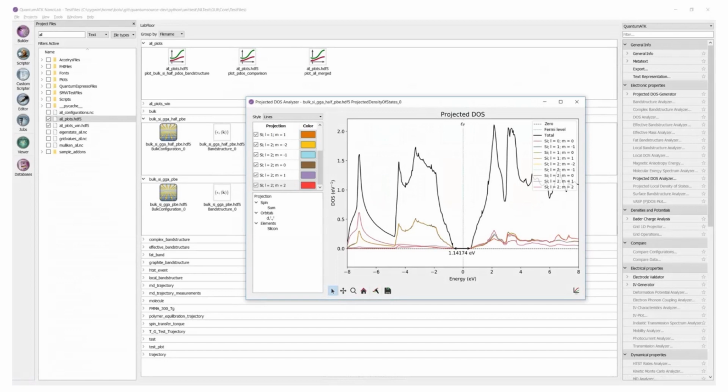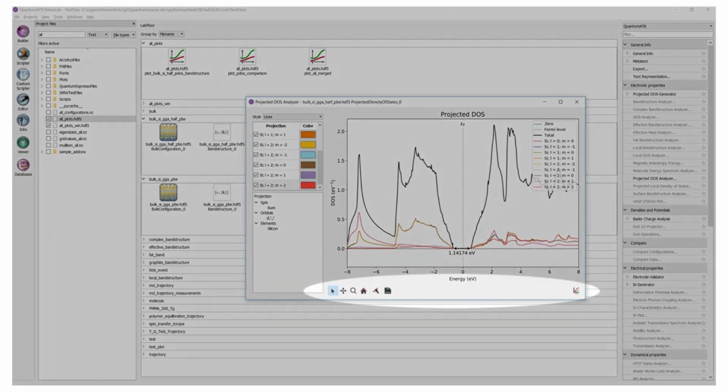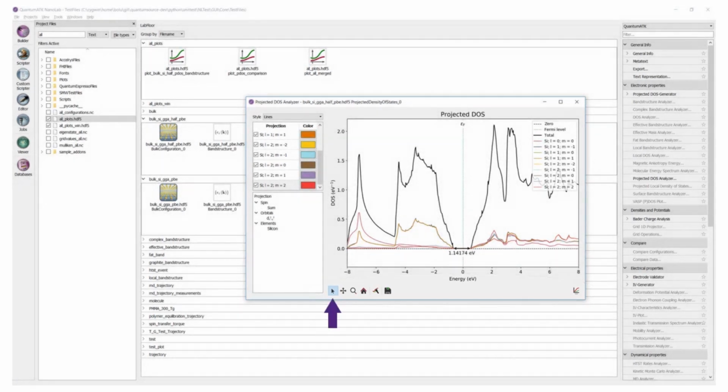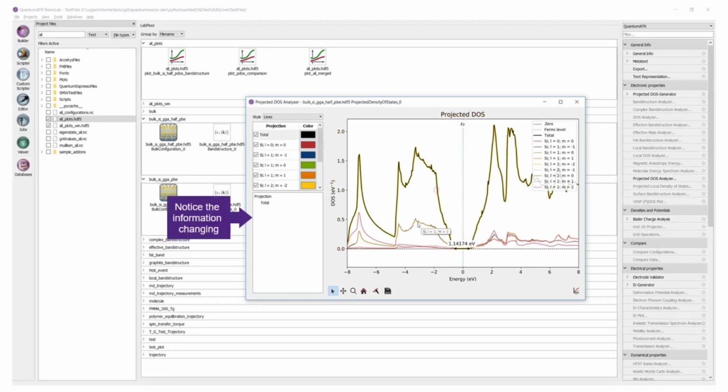So let's start by looking at some basic plotting tools. Upon opening the analyzer, these are all located below the plot, mostly grouped to the left. The default active tool is the interaction tool, which is the first one on the left. It contains the most functionality, so we'll be going through the different ways it can be used to interact with different plot items. Its basic function is to select individual items in the plot frame, which includes the axis and plot title. Selecting an item may show additional information on the item depending on which analyzer you're using, or reveal